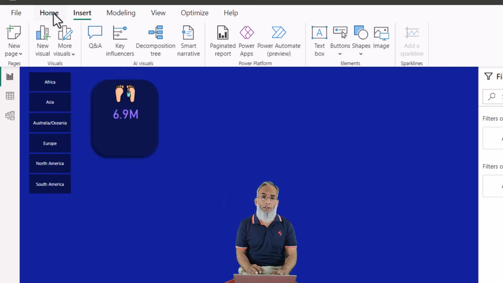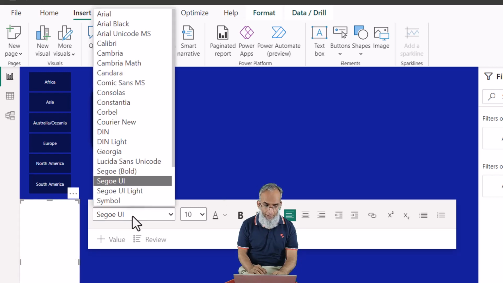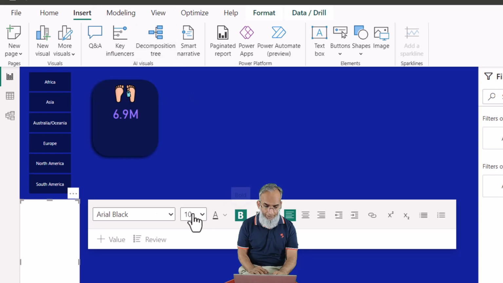Then again, the visuals are not that much understandable. We have to insert a text box here. Click on insert and then go to the text box. And here you are going to write number of deaths, or should I say it should be direct. Let us first select the Arial black, and we can write people died, and central line,